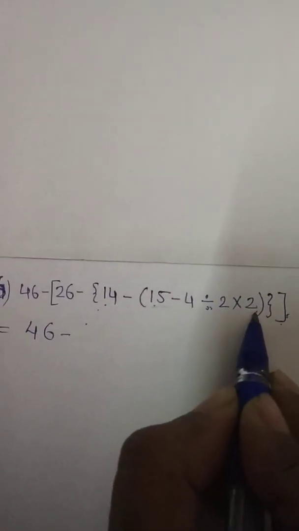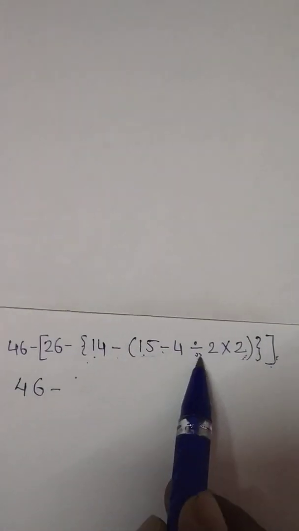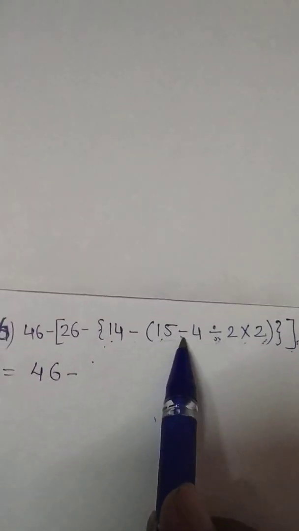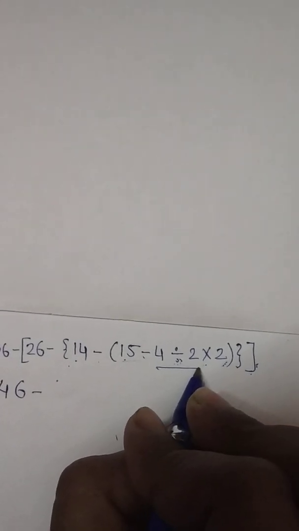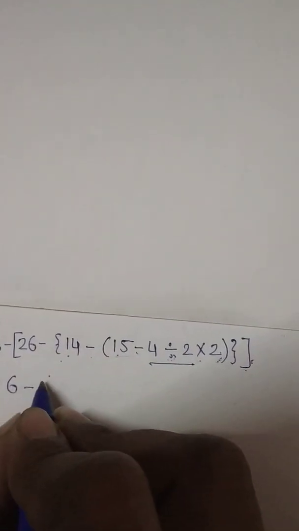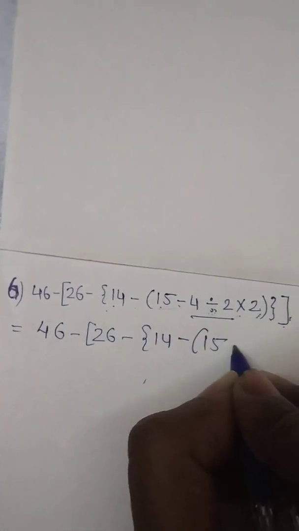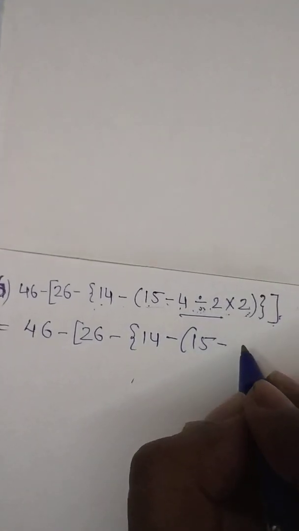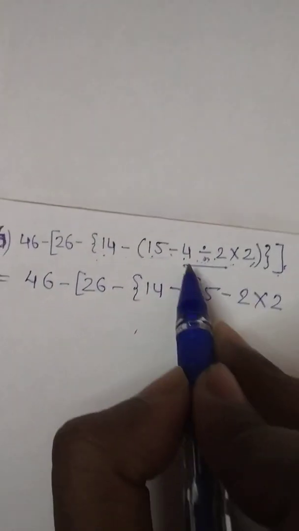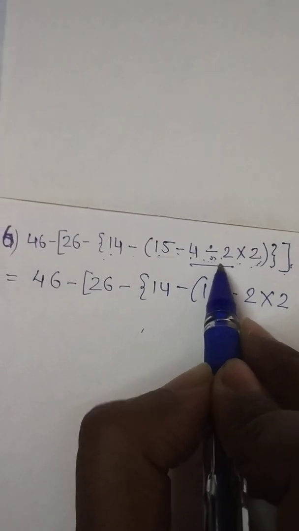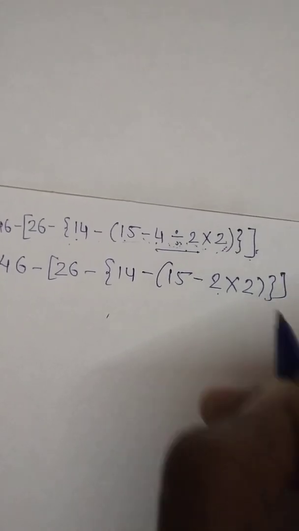So this round bracket we are going to solve first, but even in that I can see different operations given, that is minus, division, multiplication. So we will solve according to BODMAS, that is, we are going to solve division first. See students, the rest of the numbers we are going to write as it is: 15 minus. Now 4 divided by 2, of course we know the answer, multiplied by 2. Okay, I have solved this term: 4 divided by 2 gives 2, and the rest of the numbers the same, and the bracket closes.